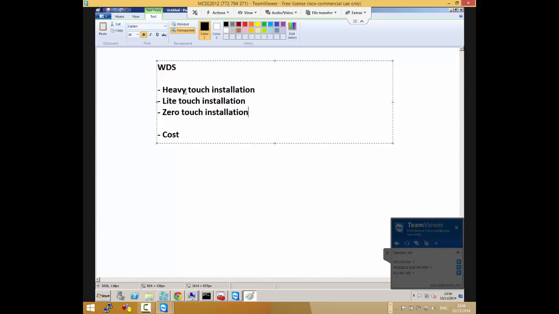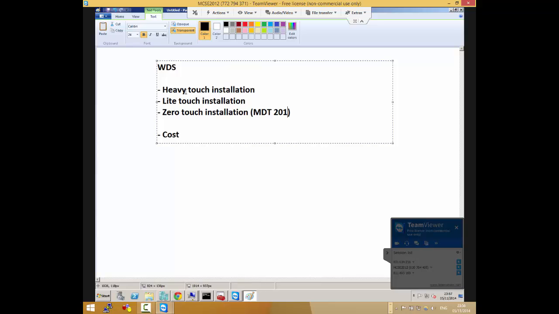Because with WDS we can still use unattended files, answer files, right? So we can still use that, so it can be a really light touch that doesn't take that much. What Microsoft said in the official 7411 manual is that to be able to do zero touch with WDS, you need the Microsoft Deployment Toolkit, MDT.